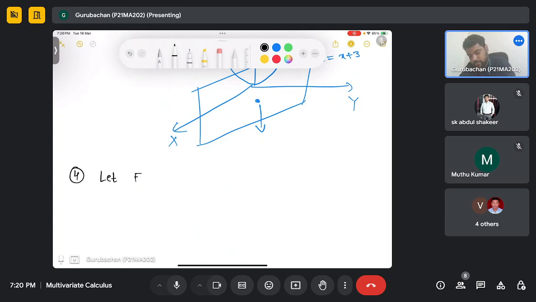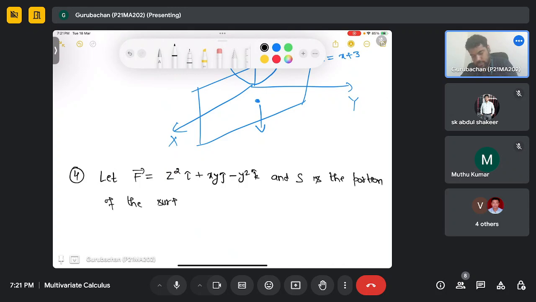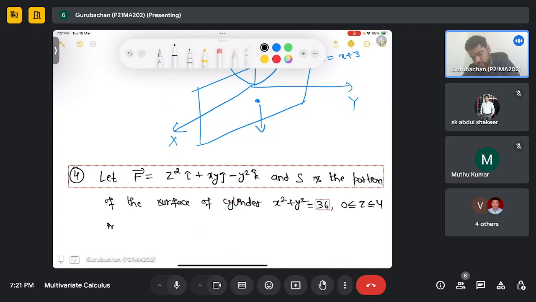Let F is equal to z square i cap plus xy j cap minus y square k cap, and S is the portion of the surface of the cylinder x square plus y square is equal to 36, and z varies from 0 to 4 included